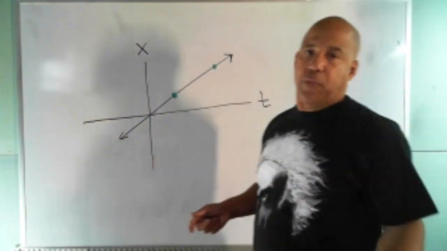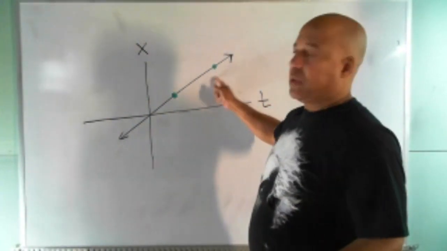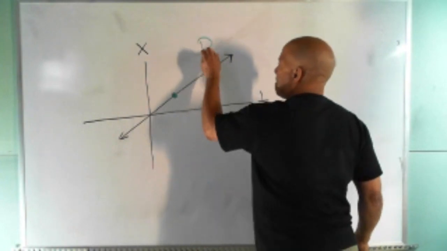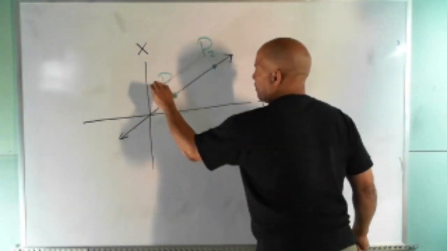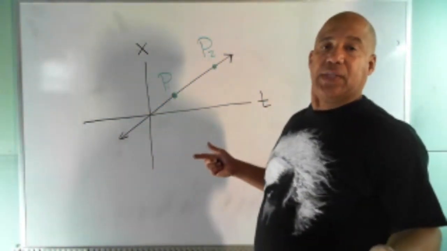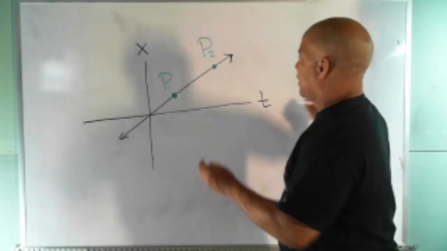Once you pick the 2 points, you name them. So I'm going to call this point 2 and this point 1. So here's P2 and here's P1. Once we do that, then it's a piece of cake, because now we've got coordinates we can talk about. Like I know the coordinates of this right here